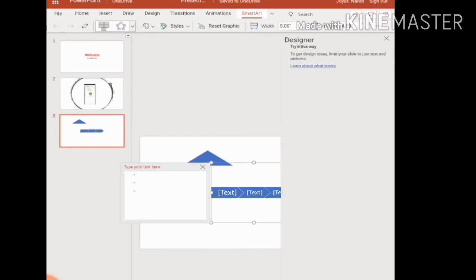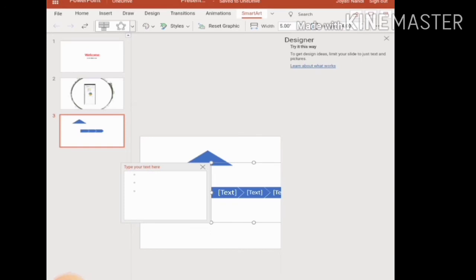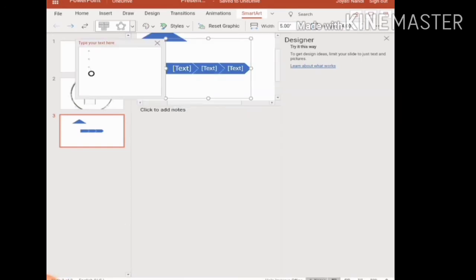So here you have to enter the text. So I am entering the text here. So the first option is like this. For example, say physics. Okay, next one is say chemistry.